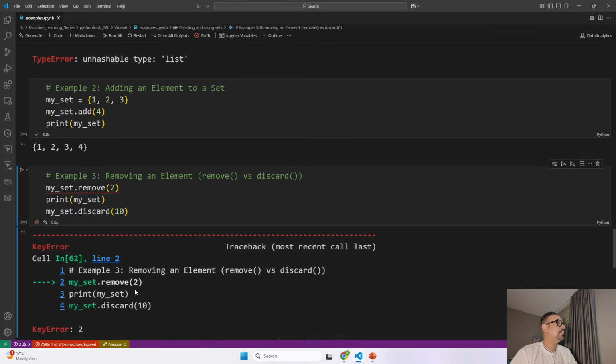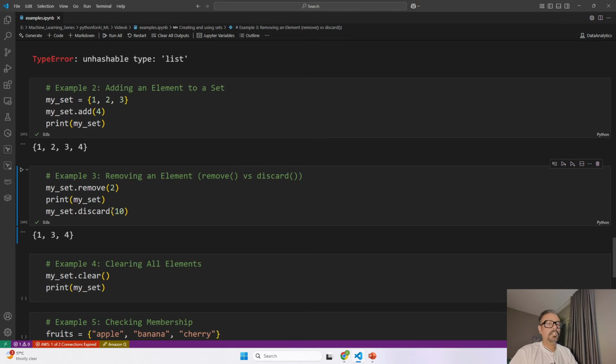Okay. Oh, sorry, I think I didn't run that. Now let me run it again. Yes. So over here you can see now 2 has been removed and the list has been printed. But for discard, I didn't get any error, right? Even though the element does not exist. But now if I do the same for remove,